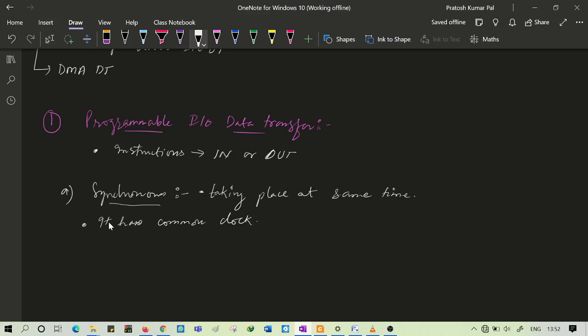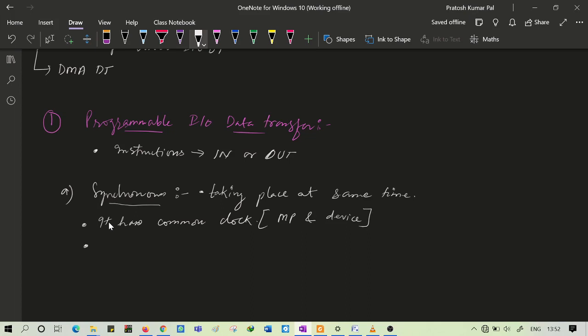This common clock will be with the microprocessor and the external device, or we can call it the device. So microprocessor and device will be having a common clock, then only the synchronous data transfer will be taking place.